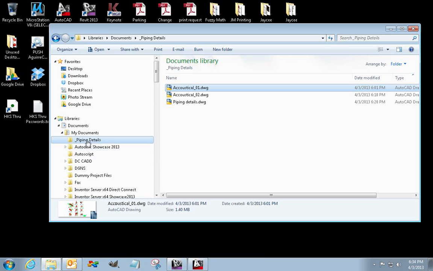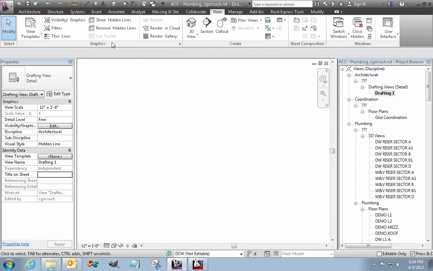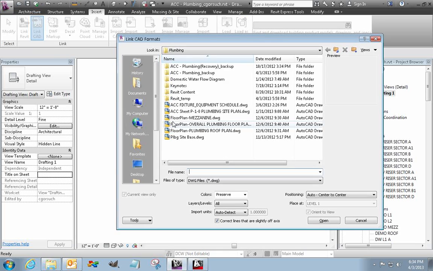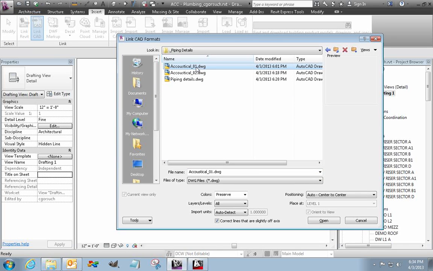Right now you can see that these documents are just in my documents directory, so I'm going to go back to Revit, go to my Insert tab. I'm going to link the CAD file. I do not want to import it. Repeat, I do not want to import it. I want to link it. So I'm going to link the CAD file, go to my documents, there's my piping details, and it was acoustical